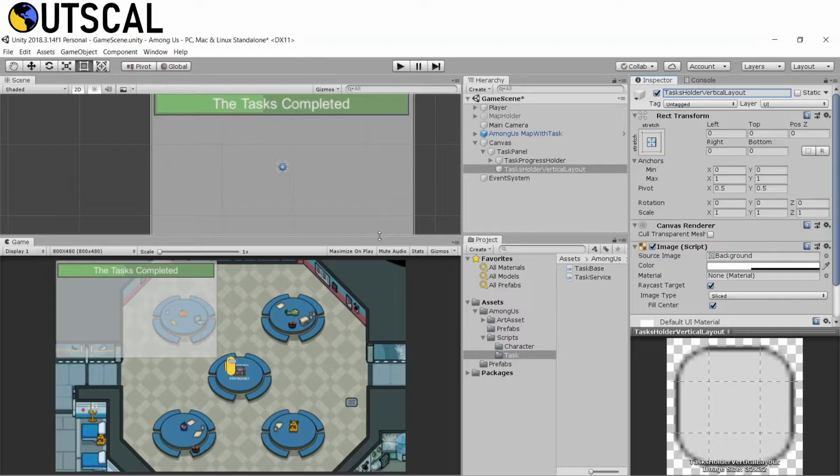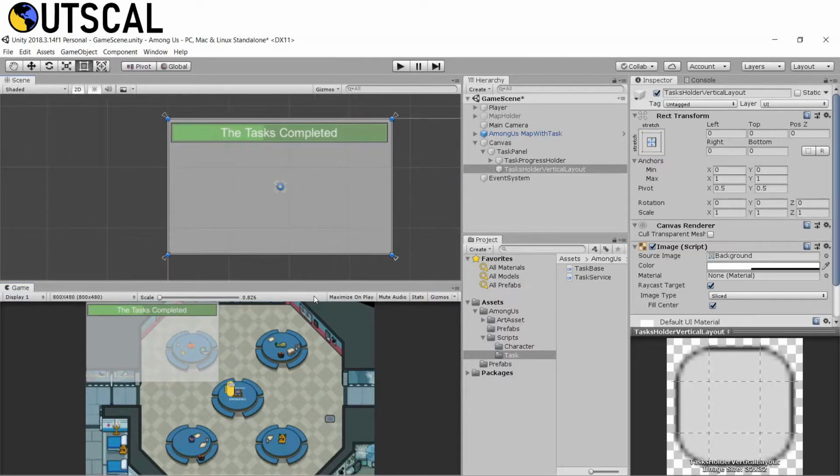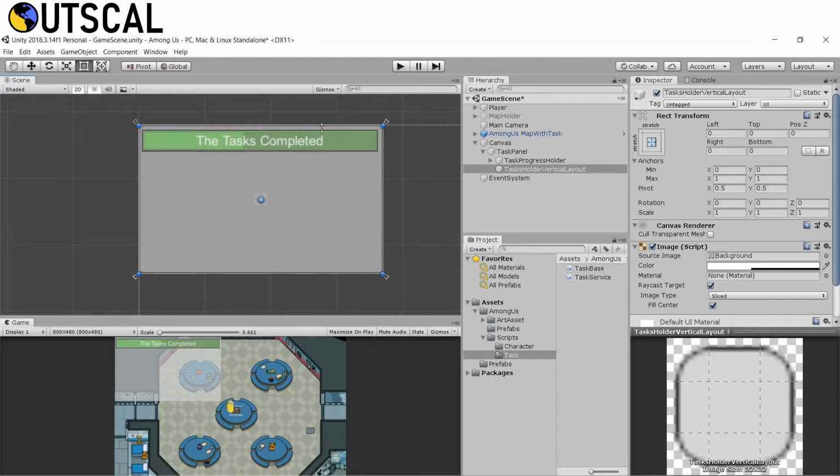So basically this holder will have a vertical layout, and it will arrange all the tasks we have here. So first let's change its size. So let's make it small, and here also let's make it small like this, because here we will have one more text which will say task, right?